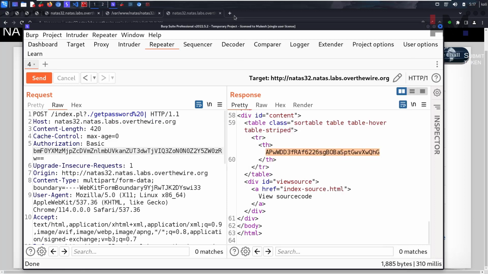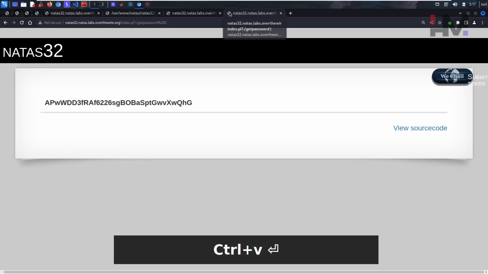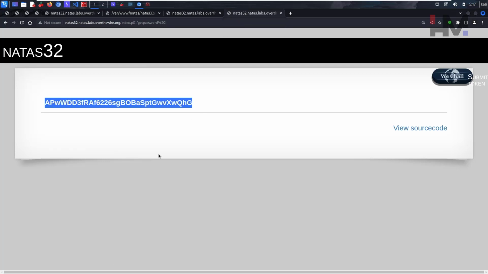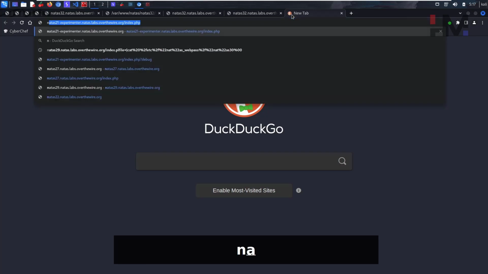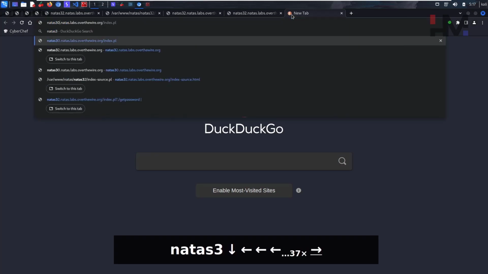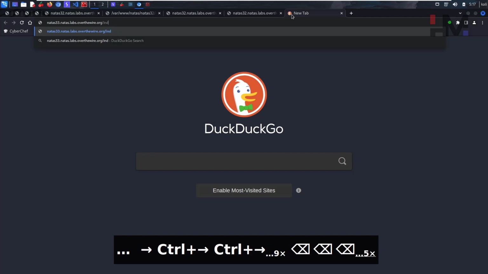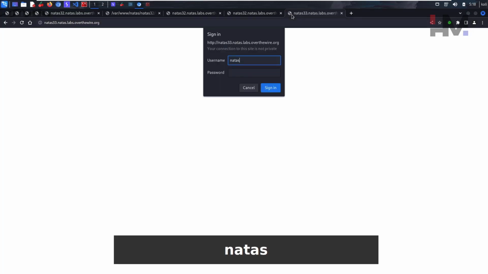Copy this, and let's check if it is actually real. Natas 33, and let's hit enter. Natas 33, paste it,